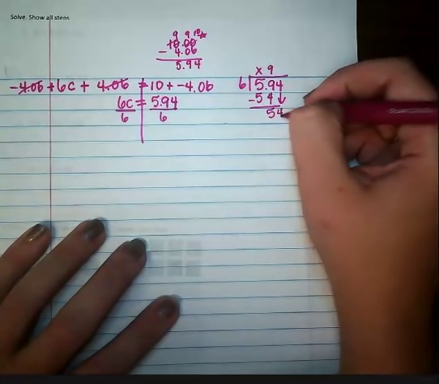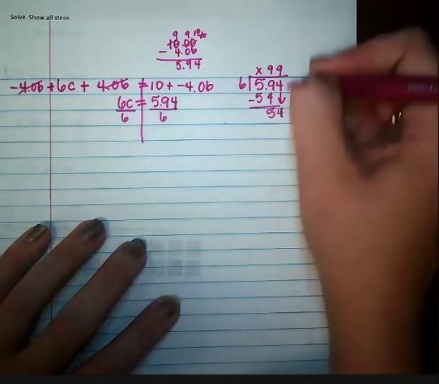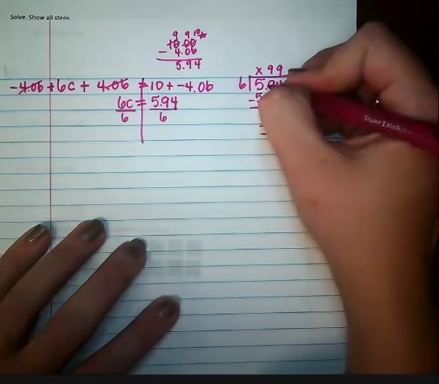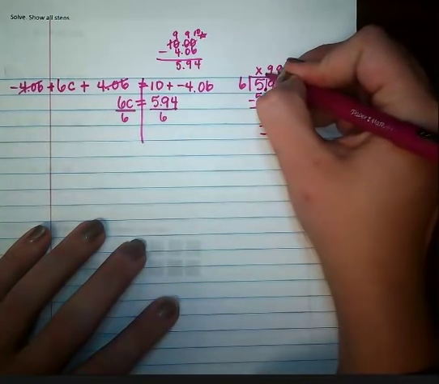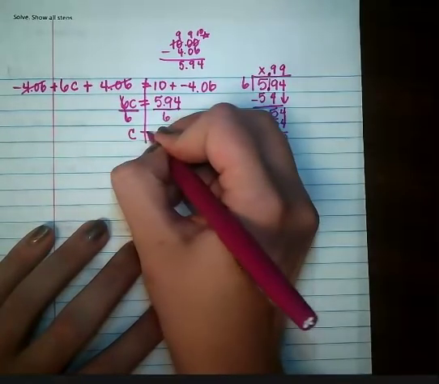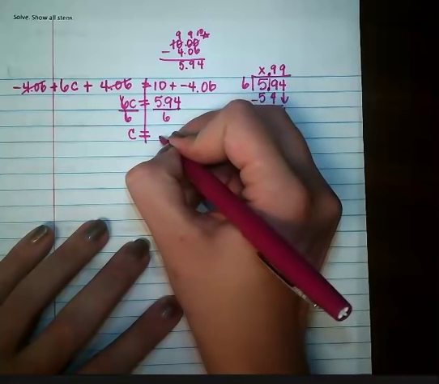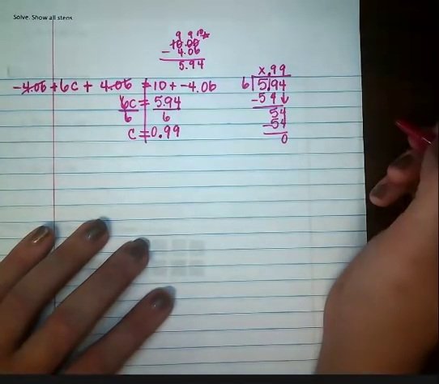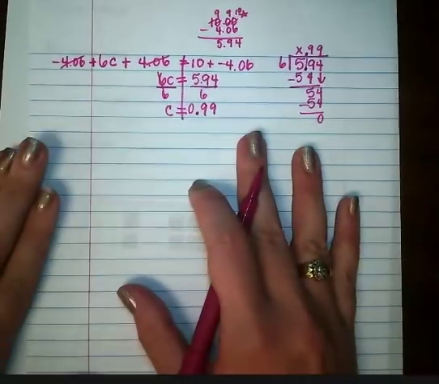I'm going to bring down my 4. 6 goes into 54 9 times. So that's exactly 54, and it leaves me with nothing. So I'm going to get my decimal, I'm going to bring it up and leave it right there. So these cancel. We've got c equals 0.99. You could also put the 0 in front of it if you wanted to, and it is the exact same. All right, so number 2,